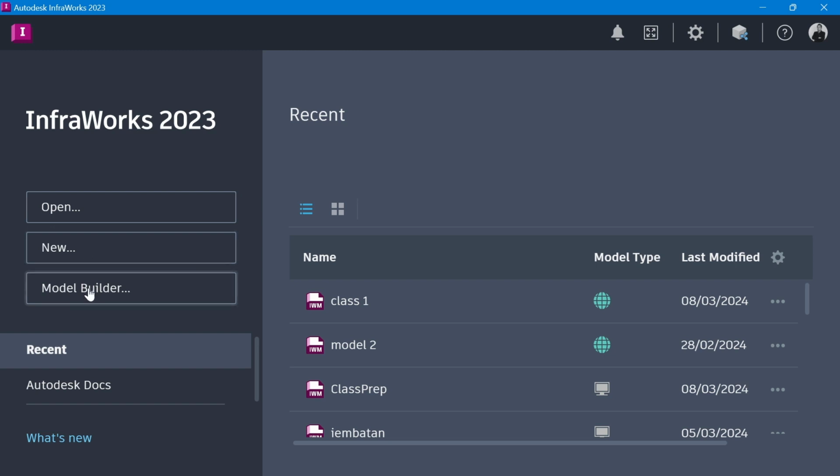And then here we have model builder. The difference between new and model builder is that in model builder we extract the contour or the digital elevation or digital surface model, DSM, from the internet.